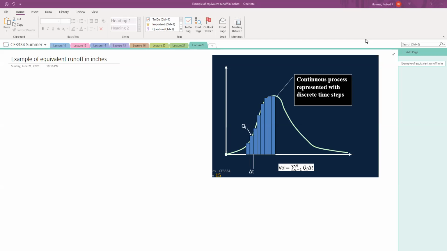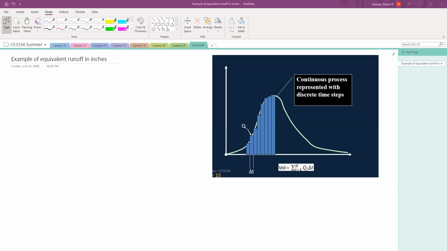Okay, this is an example where we're going to compute the volume of a runoff hydrograph in equivalent units of depth or rainfall depth. What I've shown you is that if you take the hydrograph here and you have discrete values of the discharge, we take small little rectangles, the discrete value of discharge times each delta t, and if we sum those up, we get the volume underneath this